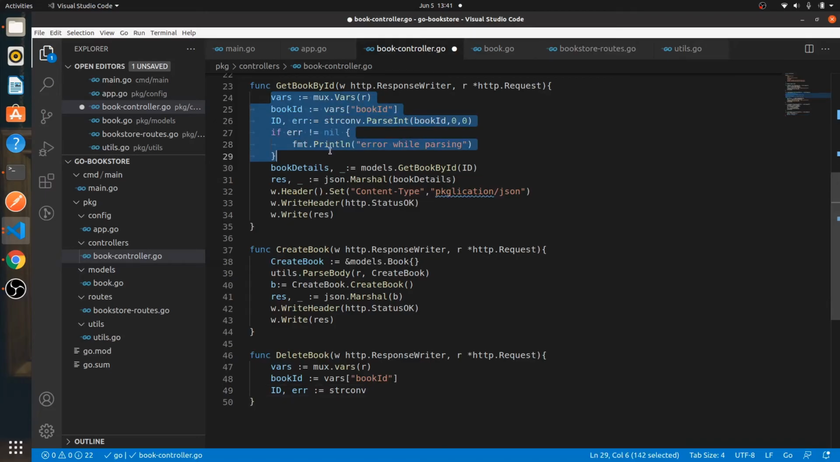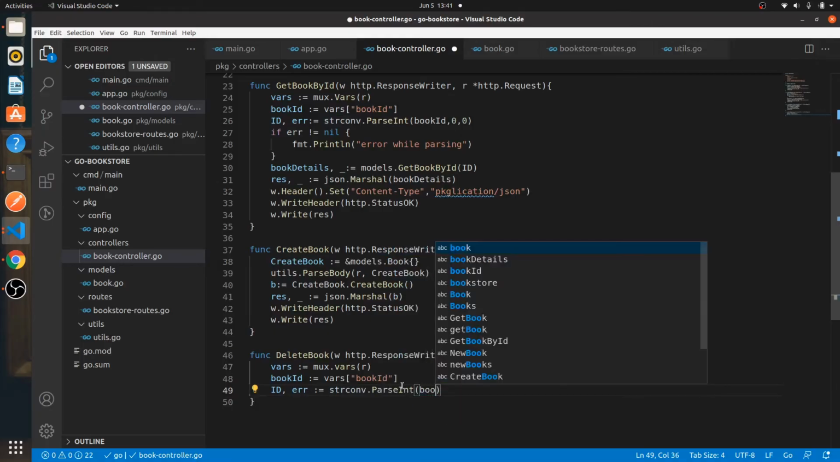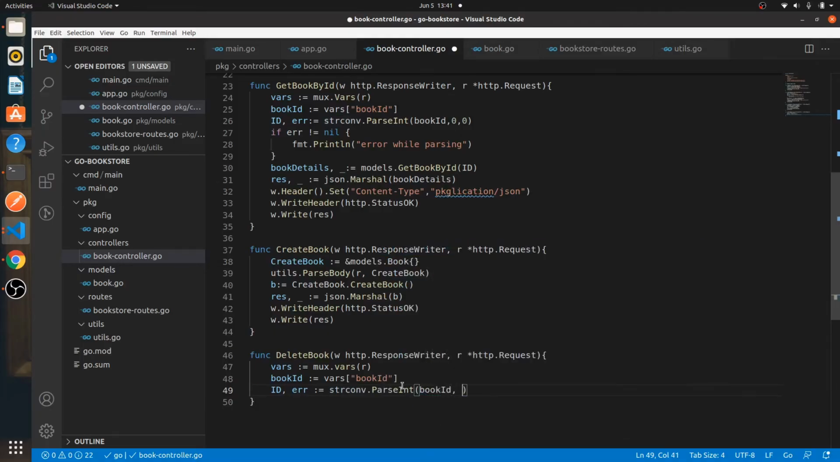So because we need to access the request, then we need to access the book ID, then we need to convert that into int, which we'll do by the strconv.ParseInt package, and then we'll also print out the error if there was some error while parsing, right? So we're doing the exact same steps. There's nothing new here. ParseInt and bookID comma 0 comma 0,